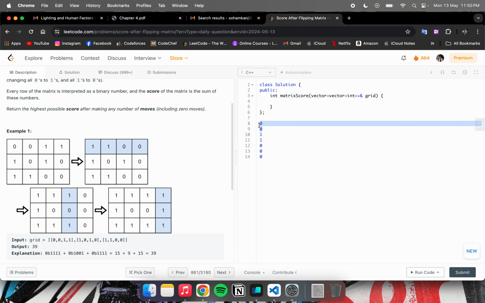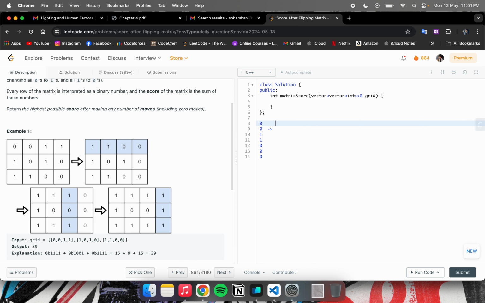As you can see, there are 5 zeros in the first column, so we have to make these 5 zeros 1. What is the best way to do that? We can flip particular rows. We flip the first row and the second row, the third row we don't flip because its first cell is already 1, and the rest of the rows we flip. After this,